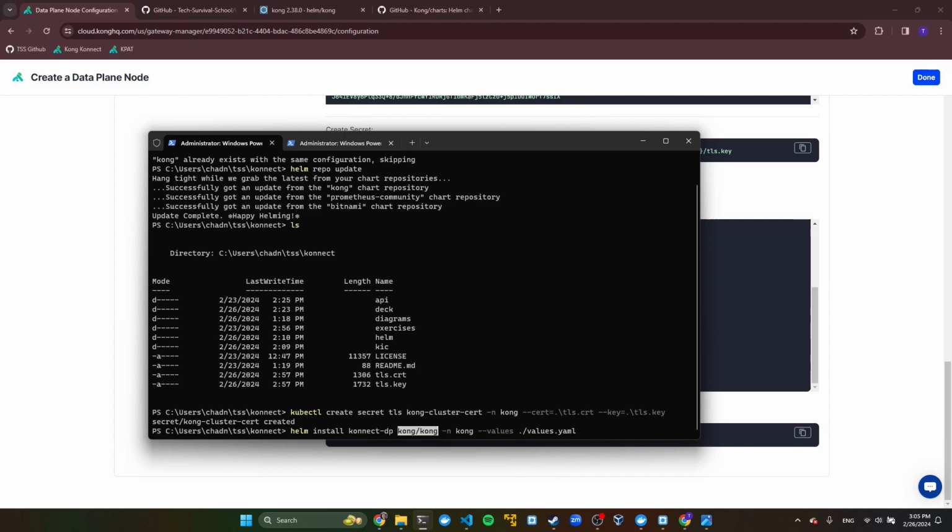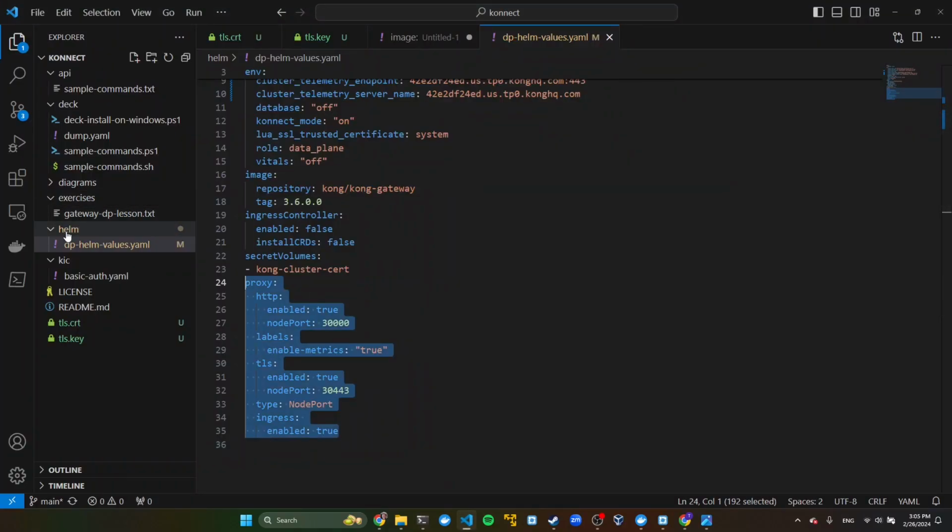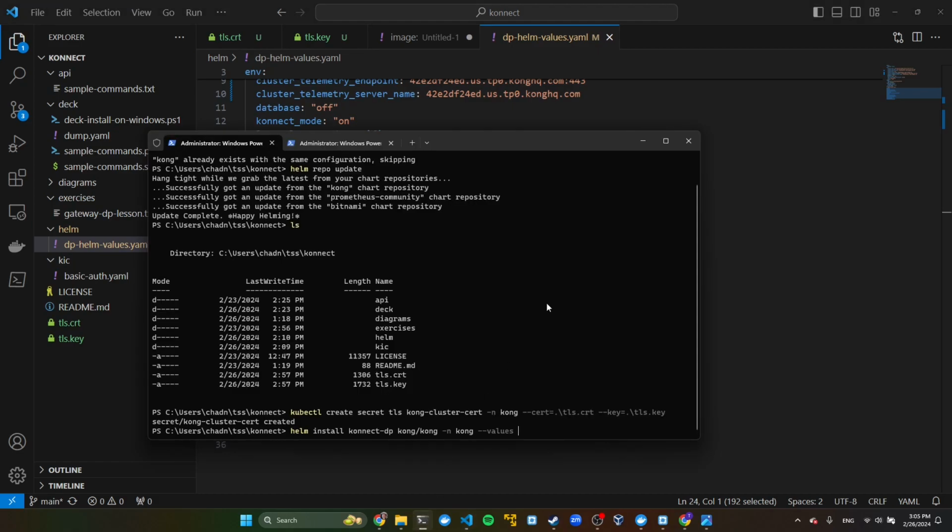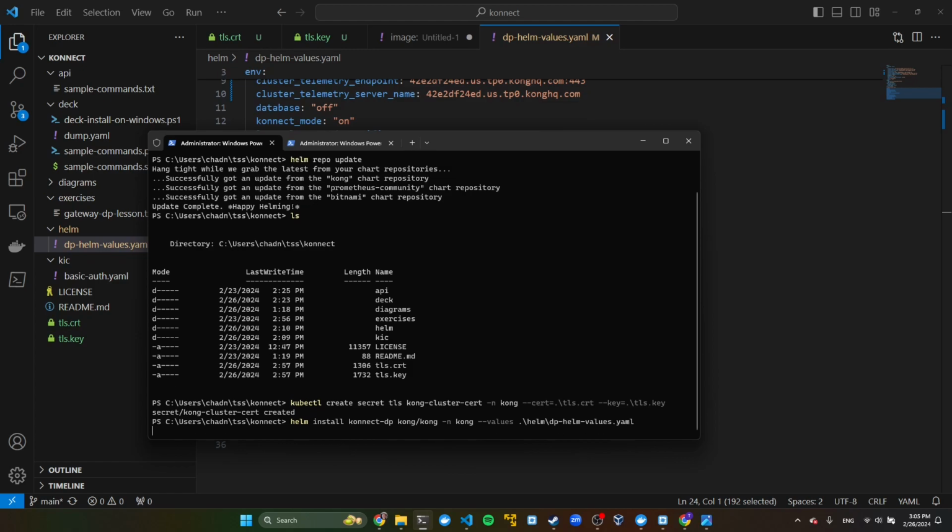Then the specific Helm chart you want to use is Kong/Kong here. The namespace and the values, and then where are you putting those values? Where's the values file that you want to reference? And I need the correct path, so I don't have to go back and look. It's just Helm and then DP values right there. Okay, so we go ahead and run the install,